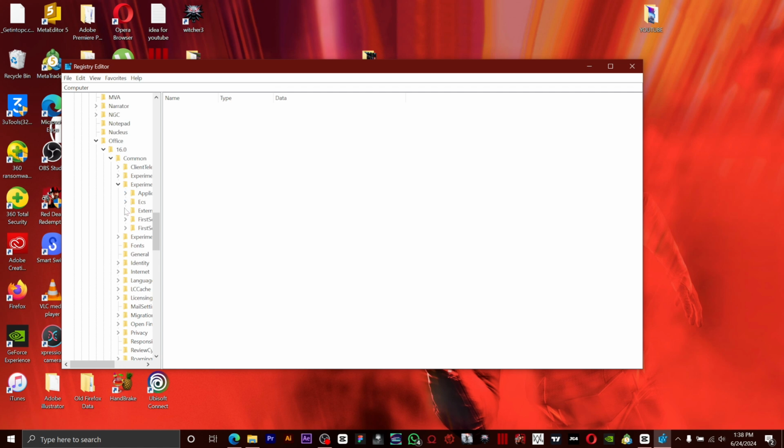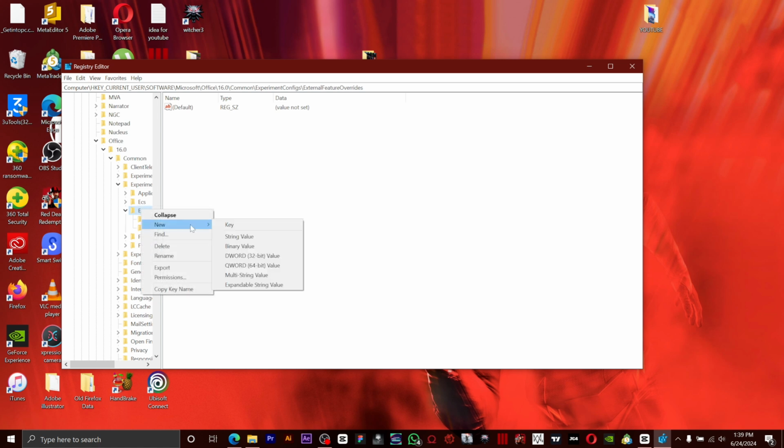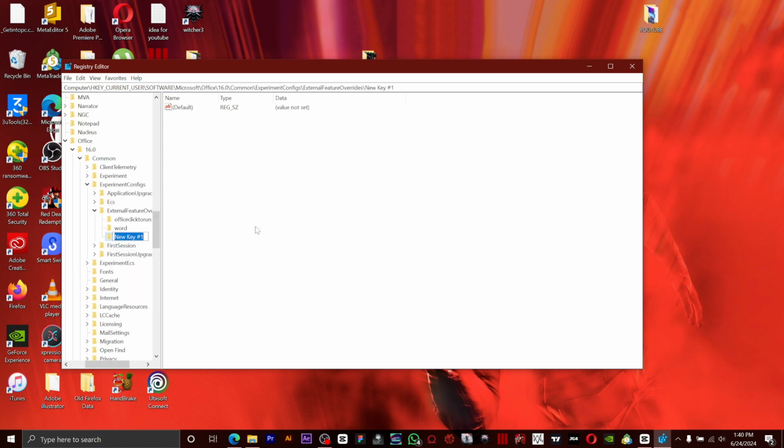So after expanding Experiment Configs, okay, so you want to right click on External Feature Overdrive and then click on New, click on Key. So you want to name the key Excel, okay? Rename